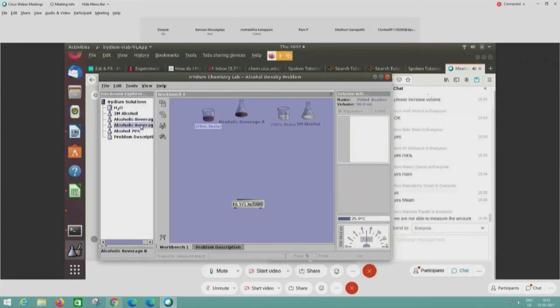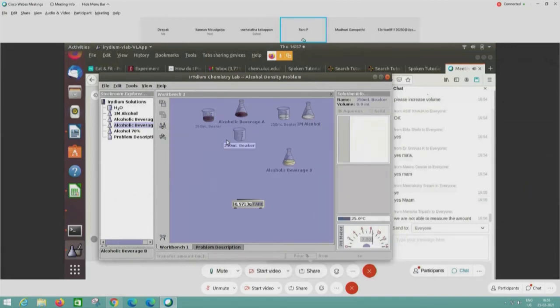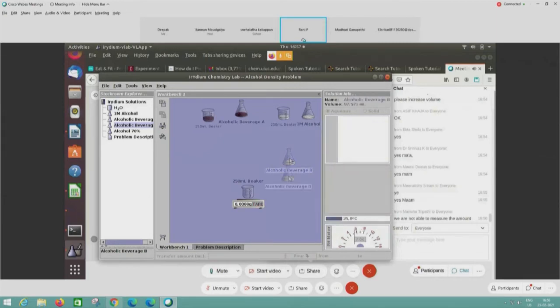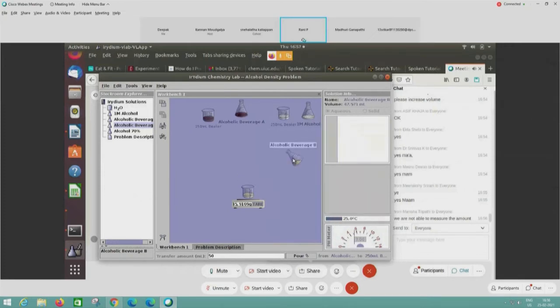And again, we will take alcoholic beverage B. So the customs officials have several samples for which they have to calculate. These density measurements are simple and easy for them to go through when they get large consignments, and this is one of the sought after methods. Tare it again. Add 50 ml. So we are basically repeating this procedure on all our samples.